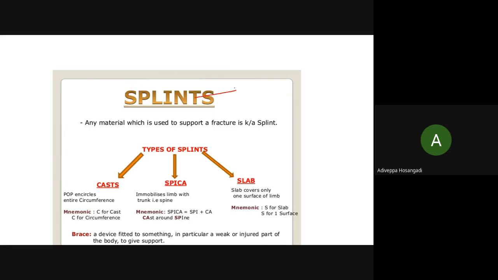Okay, splints are the devices useful for immobilization or support of a fracture in transportation or temporary management of the fracture. So the splints can be casts, spica, or the slab. Please remember,